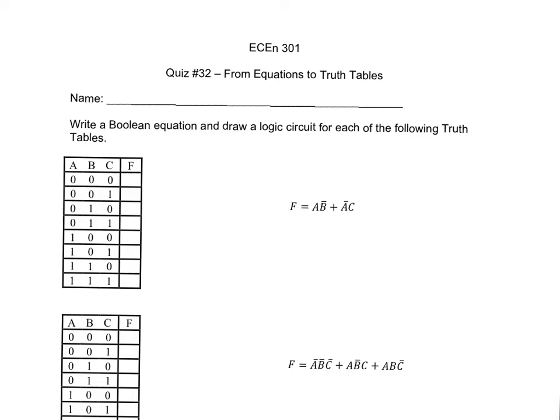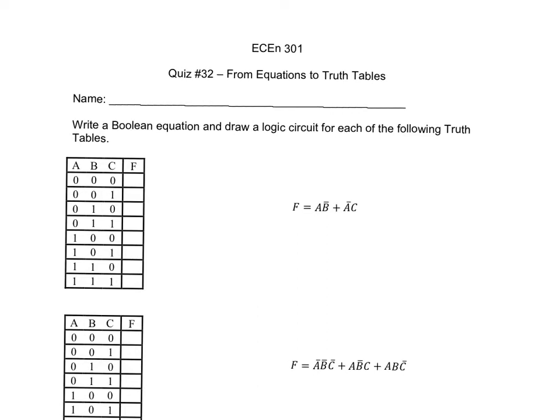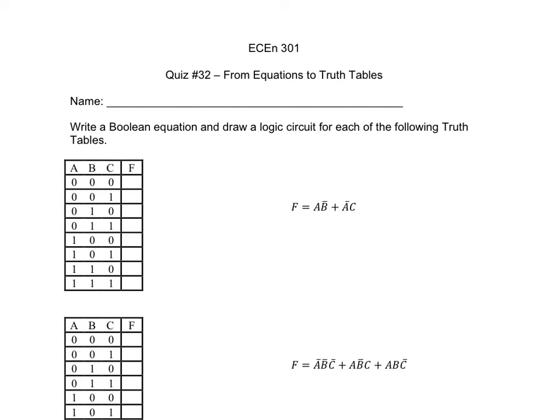Okay, this is quiz number 32. So we want to complete the following truth tables for these expressions. So if we look at A, remember we could expand this. We can expand this expression to be A, B bar, (C or C bar), plus A bar, (B or B